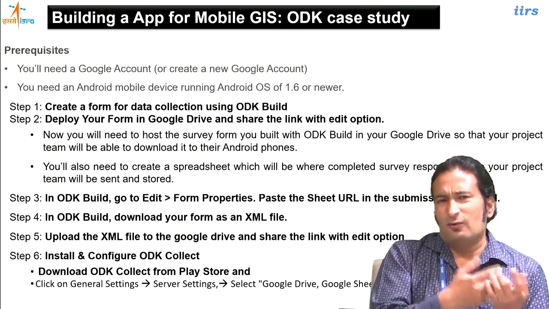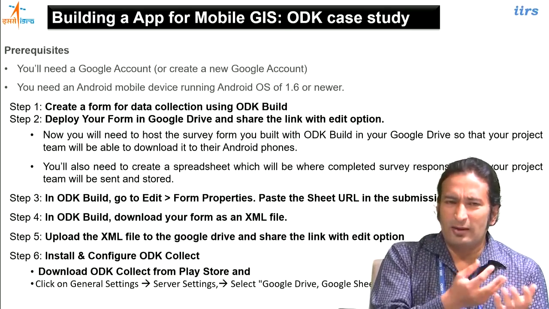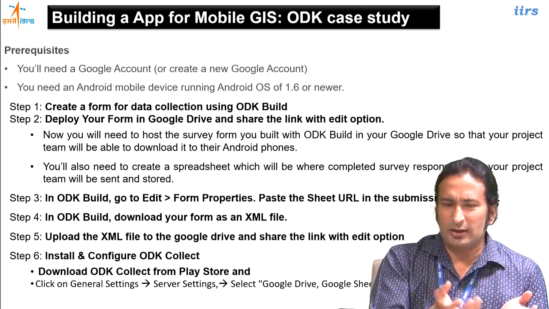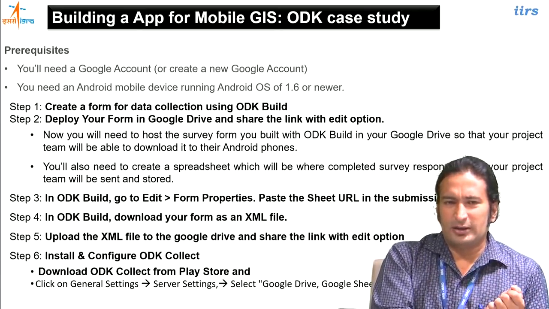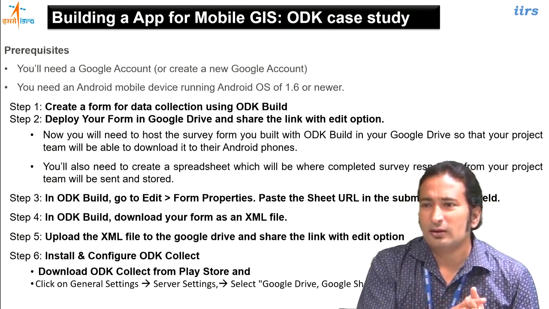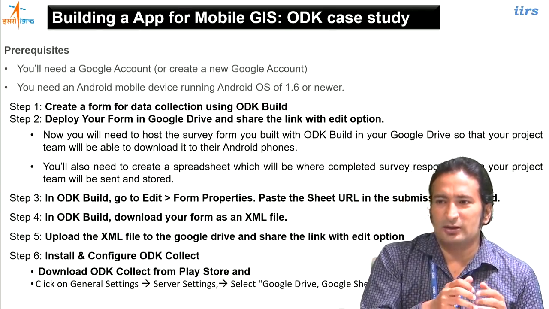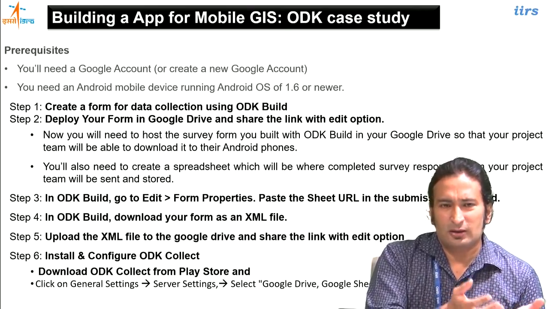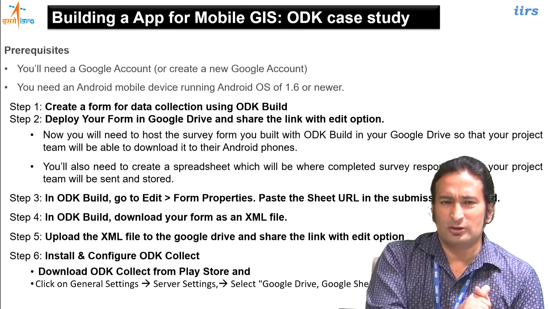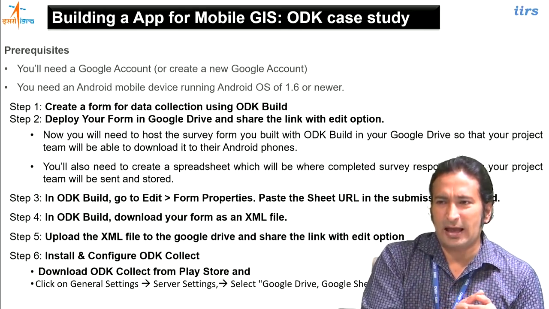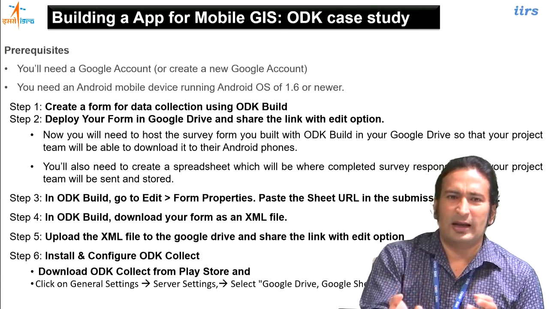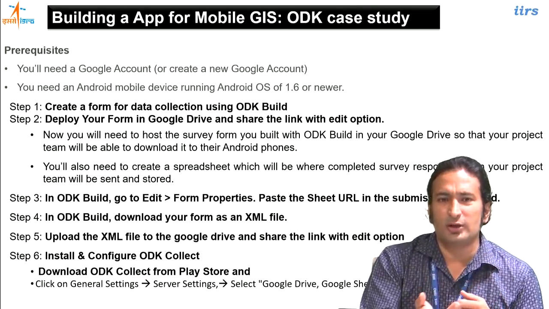The very popular format the mobile phone understands is XML, or sometimes JSON also, a lightweight version of data sharing. So XML and JSON are the two very lightweight data sharing formats in this web environment, and the same are being used by your mobile phones also. So once your form is created in Excel, you can convert it to XML, and then you can directly copy it into your mobile phone and use it.